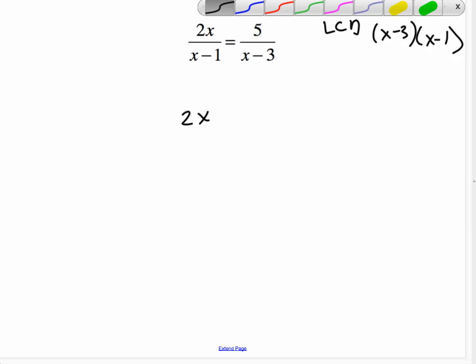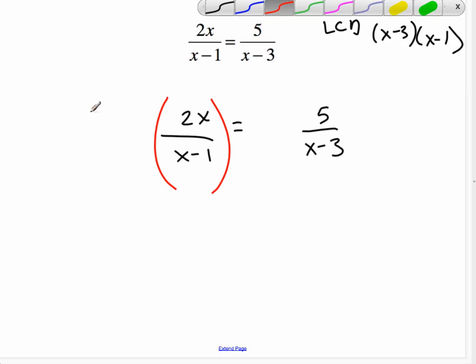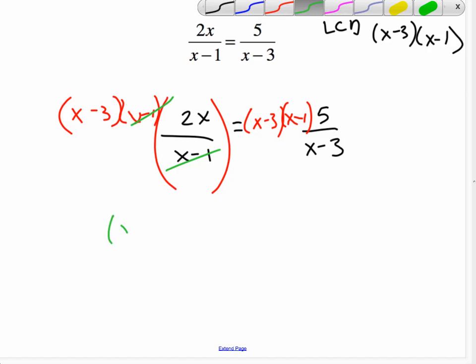So I'm going to take each term, 2x over x minus 1, and I'll leave a bit of space, 5 over x minus 3. I'll take both of those and multiply them by the lowest common denominator, x minus 3 times x minus 1, and x minus 3 times x minus 1. So in the first case, the x minus 1's cancel, and I'm left with x minus 3 times 2x. And on the other side, the x minus 3's cancel, so I'm left with x minus 1 times